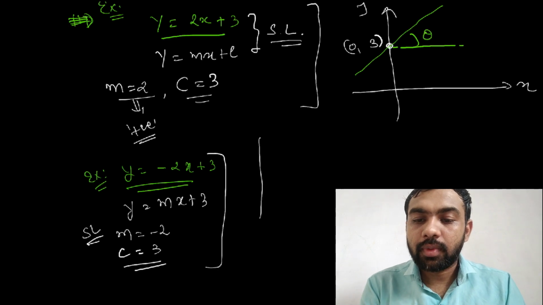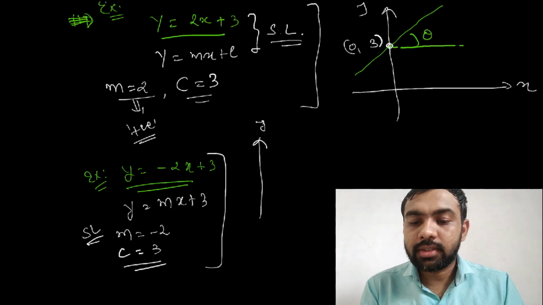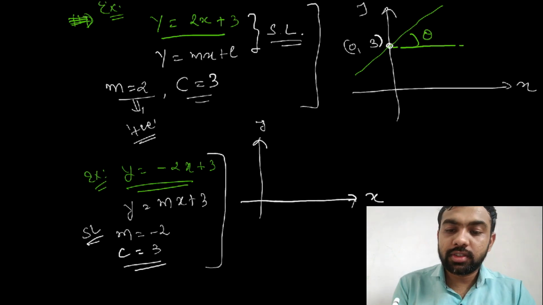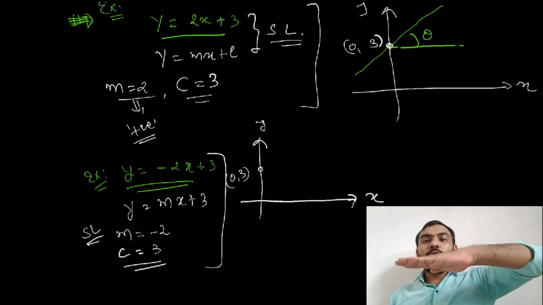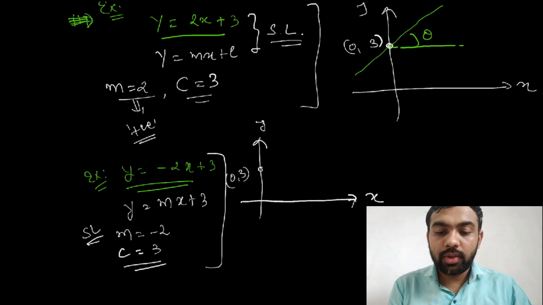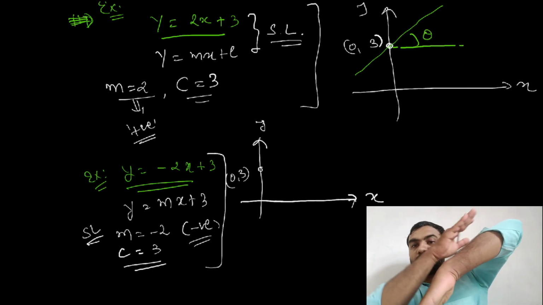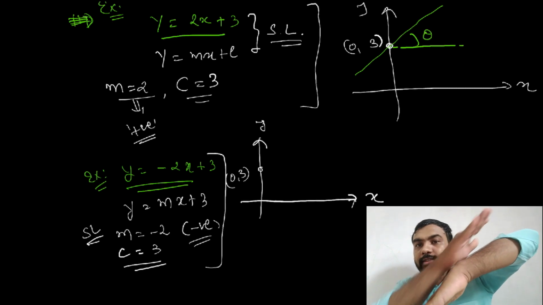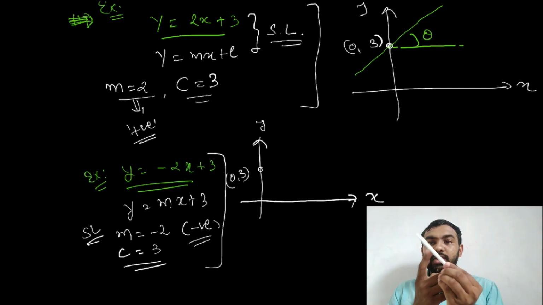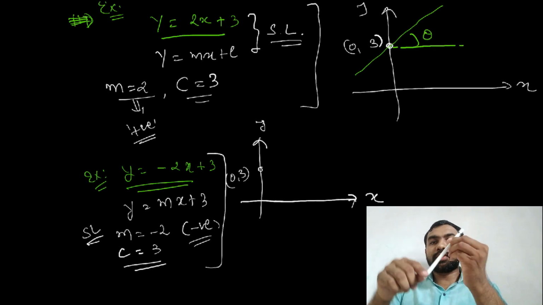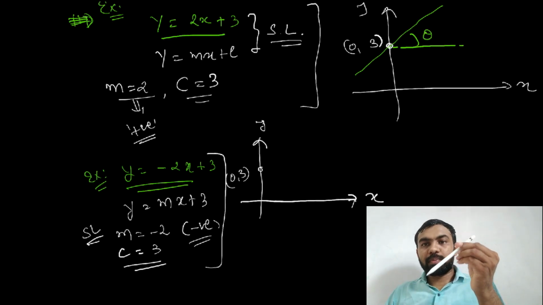See, y axis, x axis. Okay. So where is this (0, 3)? Suppose this point represents (0, 3). So यहाँ पे slope कैसा है देखो? Negative. Negative means you draw the line in such a way. That is zero slope. First you draw this line. Why? Because positive is given to us. But now you draw this line in this way. So negative is given to you.